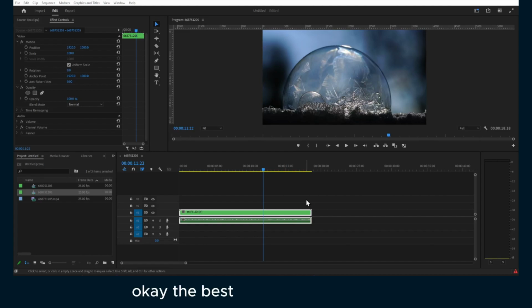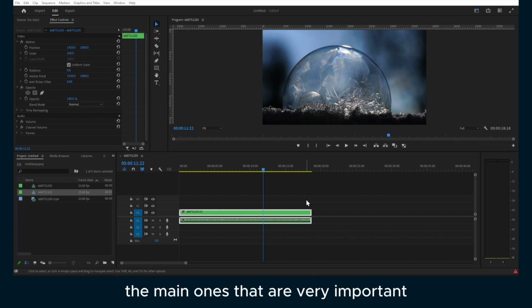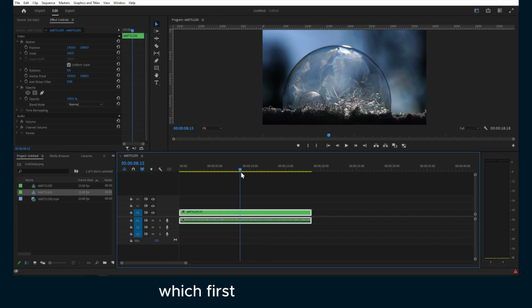Okay, the best Premiere Pro shortcuts. I'm going to start first with the basics, the main ones that are very important, which the first one is